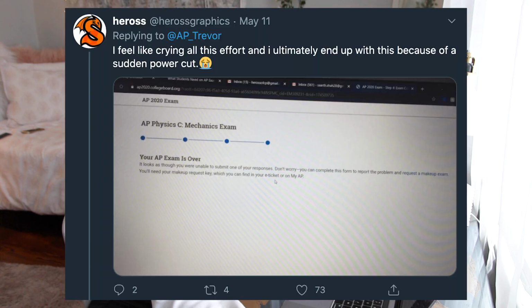Now I'm taking this on my computer because I'm just going to be writing up my essay on a Google document and then downloading it as a PDF and submitting it to the College Board. But some problems that you can still encounter, and some things that I've just heard of a lot happening lately, is, one, if your Wi-Fi goes out, if your power goes out. One thing that I found more comforting taking the exam on my phone was I knew that if my Wi-Fi went out, it would default to my data right away, so I would have cellular and I wouldn't be locked out of the test.